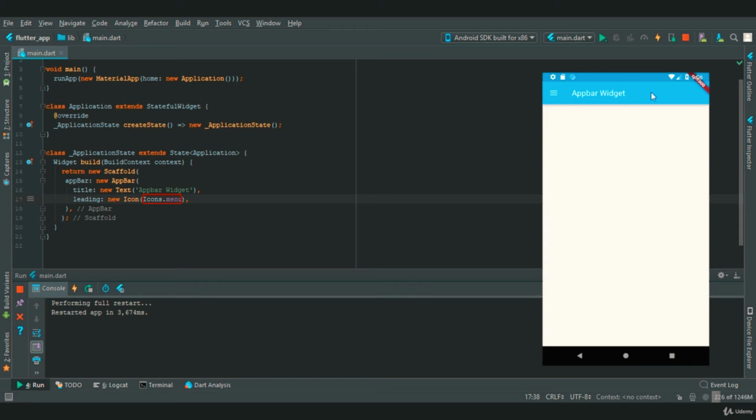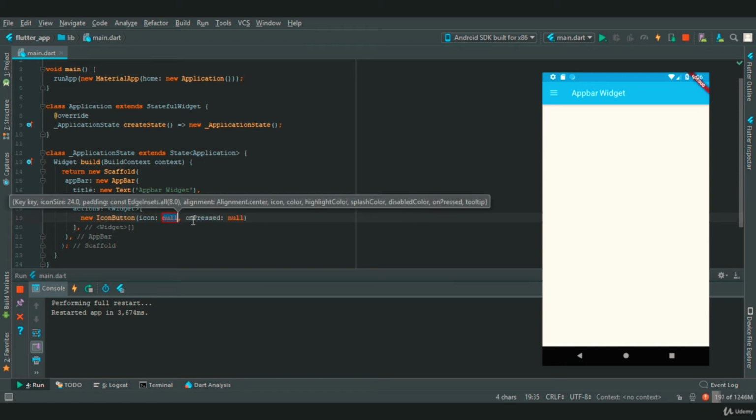Now let's create the icon at the right side using the property called actions, which takes a list of widgets. So in this we can provide multiple children. So here we are going to provide two widgets, which will be icon button widgets, and in this we are going to perform an on pressed operation.